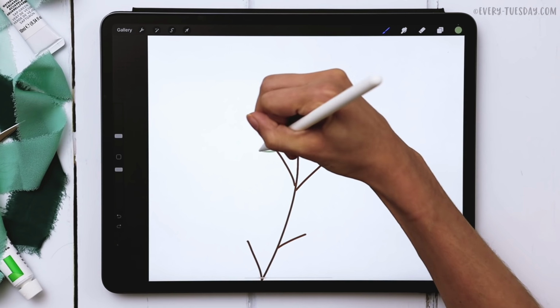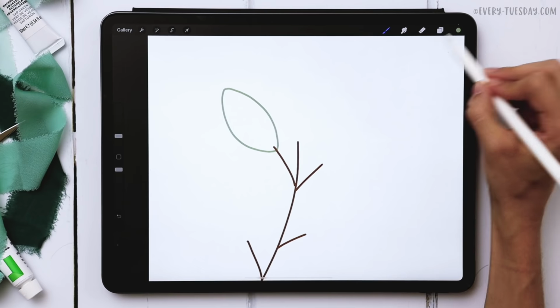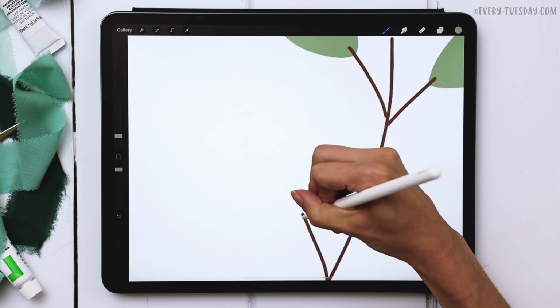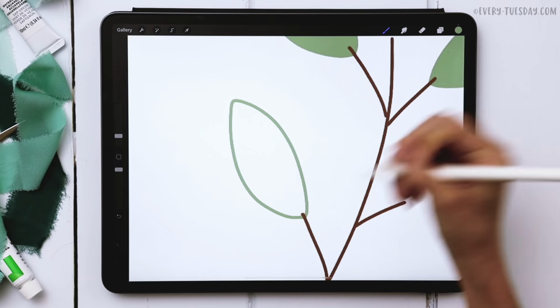So I'll draw my first one right here. And these leaves kind of have a soft point at each end. This one's going to be light green. And this one down here is going to be light green. All my other leaves are going to be dark green, just to add a little bit of extra depth and